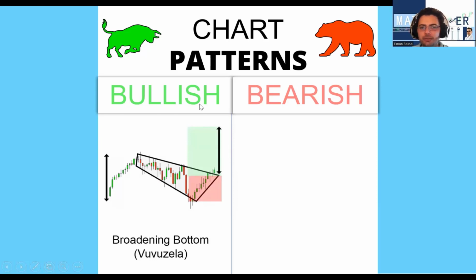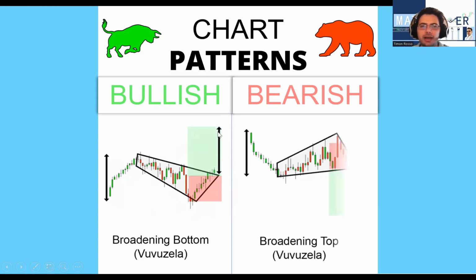And I think we are coming to the end with the broadening bottom, or what I call a vuvuzela formation. If you've been with me since 2013, you would know exactly what I'm talking about. So broadening bottom is where the price broadens and forms a triangle formation, but broadens from the beginning of the formation to the end, and then it breaks out of the broadening formation. I like to set the stop loss below the entire broadening formation and the take profit 2 times higher.